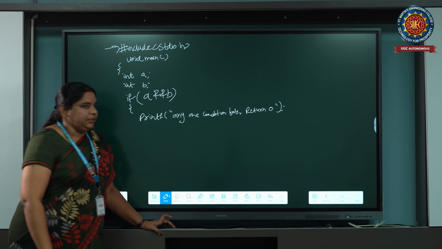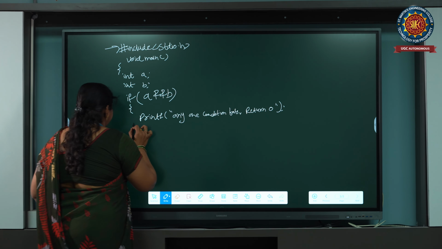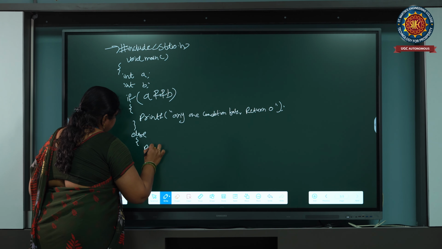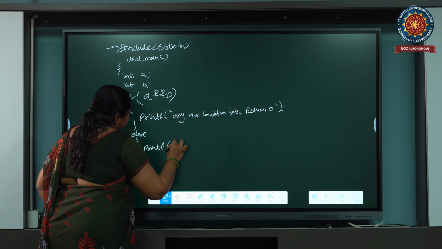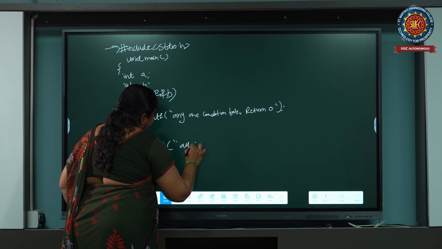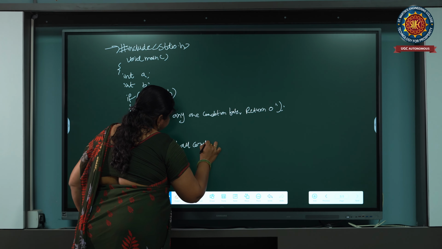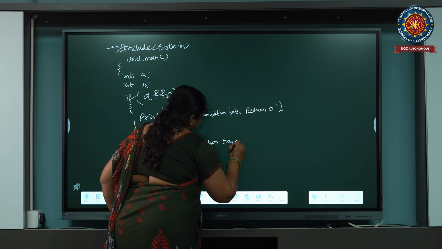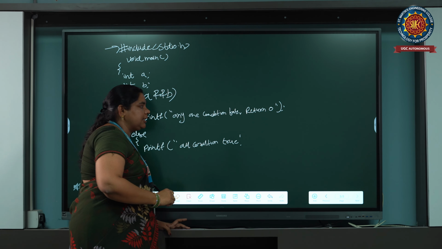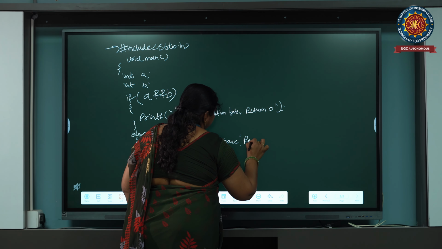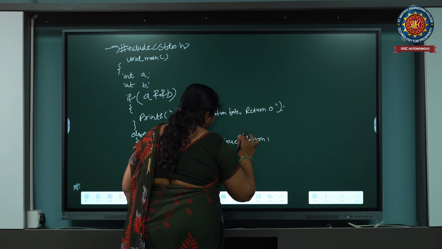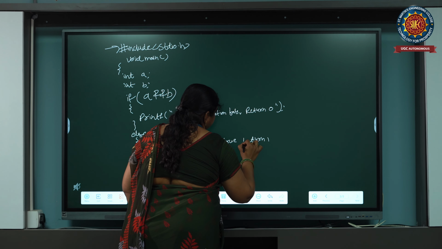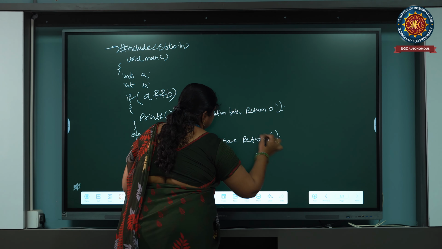And if all conditions are true, it prints and returns 1.